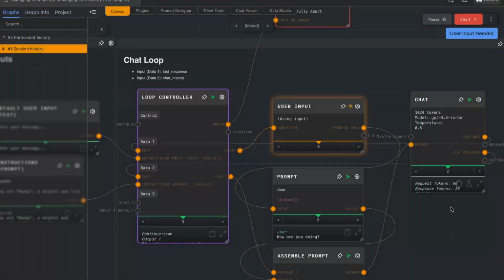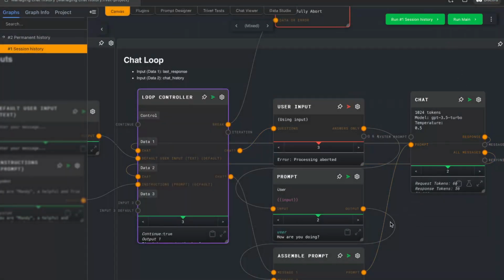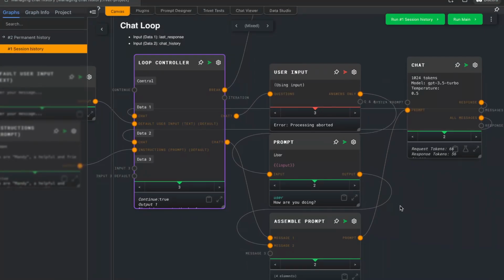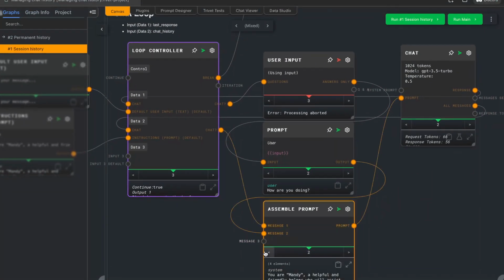Okay, so that should be enough. Let's abort it. And now we can take a look at how this worked. So for the first iteration, let's actually go back here. For the first iteration, we first